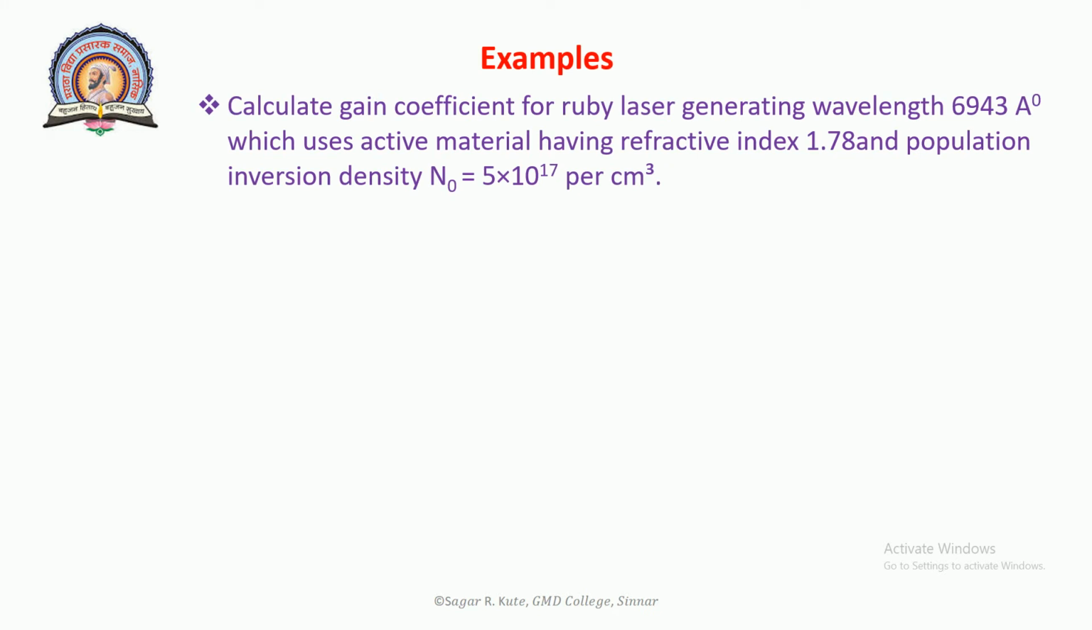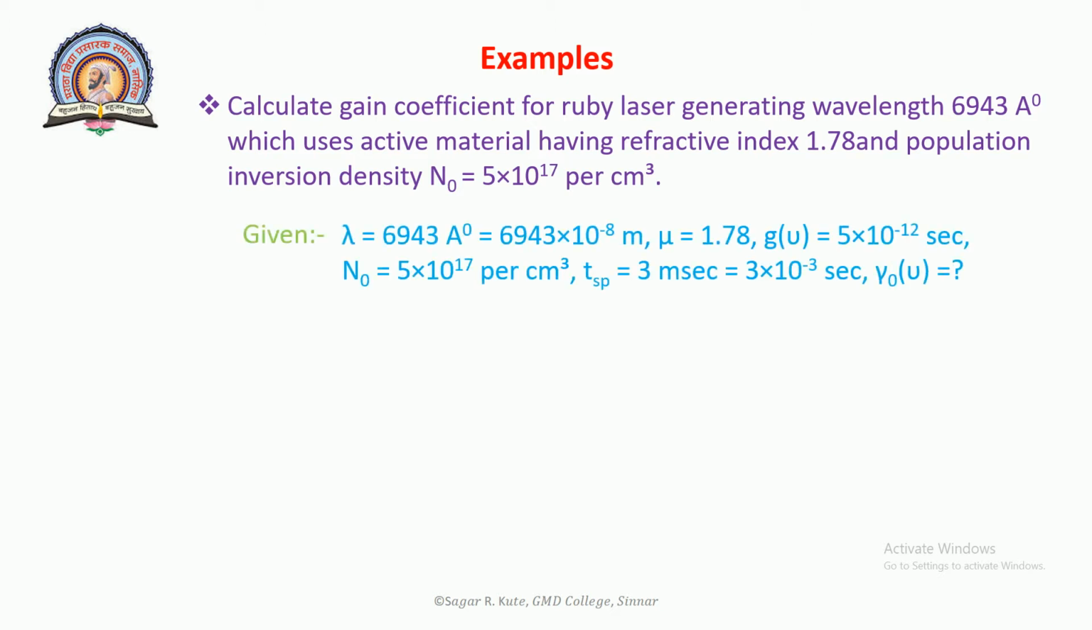calculate gain coefficient for ruby laser generating wavelength 6943 angstrom, which uses active material having refractive index 1.78 and population inversion density N0 is equal to 5 into 10 raised to 17 per centimeter cube. Assume G mu is equal to 5 into 10 raised to minus 12 and spontaneous lifetime is 3 millisecond. Given lambda is equal to 6943 angstrom is equal to 6943 into 10 raised to minus 10 meter, mu is 1.78,